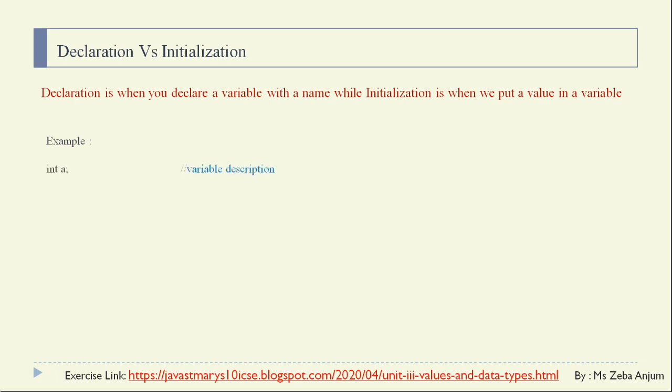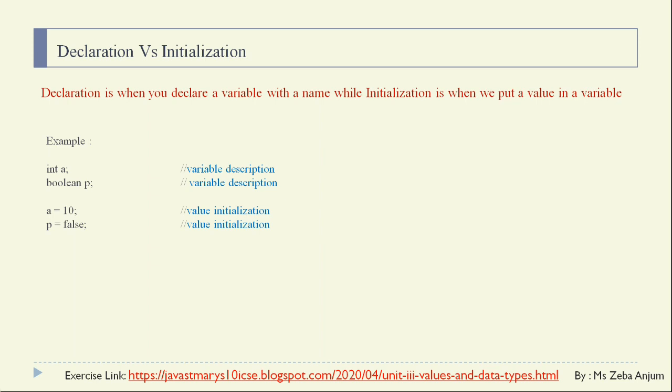First one, int a. Here the variable name is a and the data type is int. We have not given any value, so it comes under variable declaration. Second one, boolean p. Variable name p, data type boolean, but we are not giving any value to it. Again it comes under variable declaration. Now let us see some more examples. a equals 10. Here we are giving only the value to the variable, so it comes under variable initialization. Again p equals false, the reason is the same, it comes under value initialization.